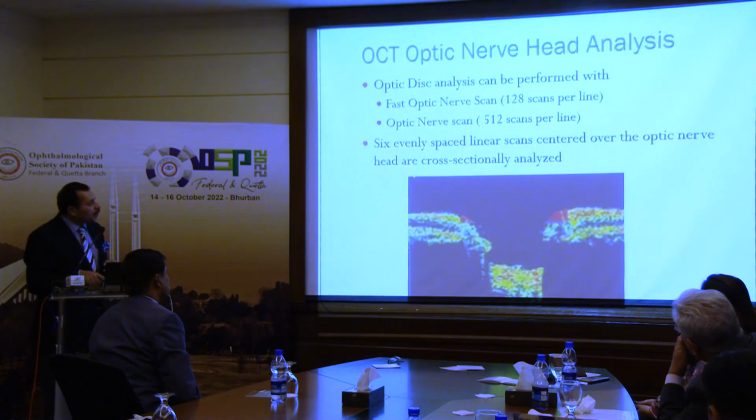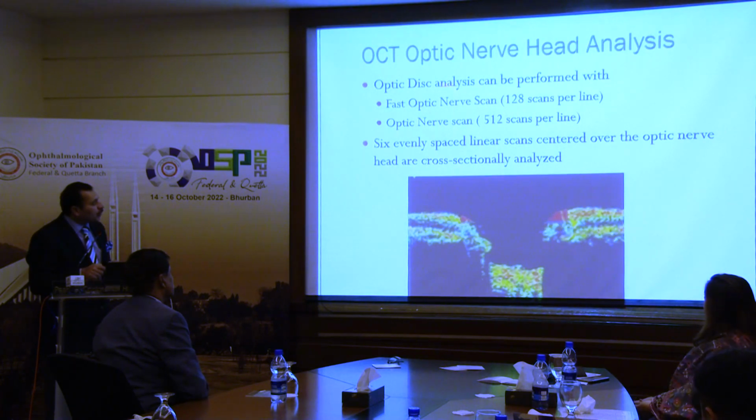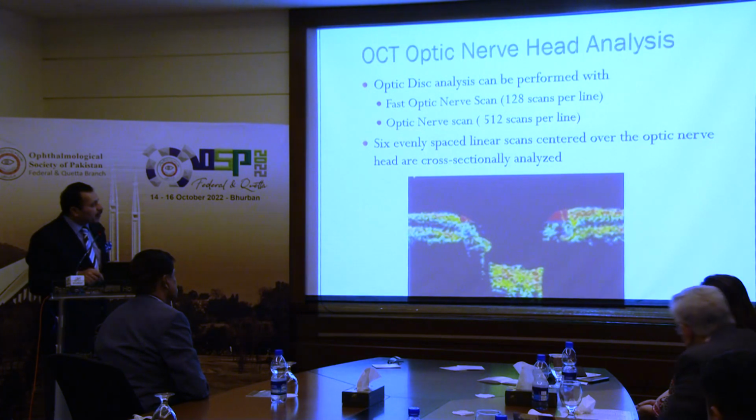तो ये सब देख के आप अपनी रिपोर्ट को इंटरप्रेट करते हैं। अब ये रह गया ऑप्टिक नर्व हेड एनालिसिस, ये ब्रीफली आपको टच कर देता हूँ। ऑप्टिक डिस्क एनालिसिस कैन बी परफॉर्म विद फास्ट ऑप्टिक नर्व स्कैन, 128 स्कैन पर लाइन, ऑप्टिक नर्व स्कैन 512 स्कैन पर लाइन,